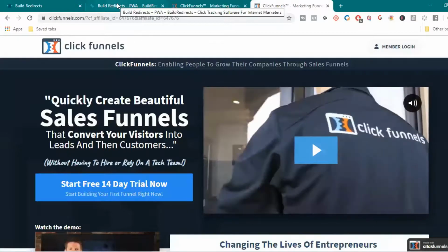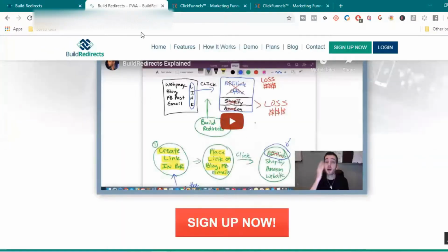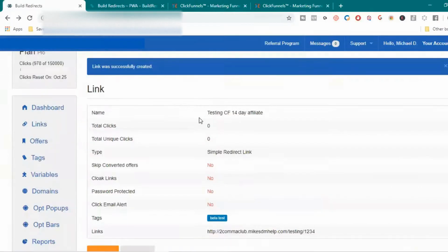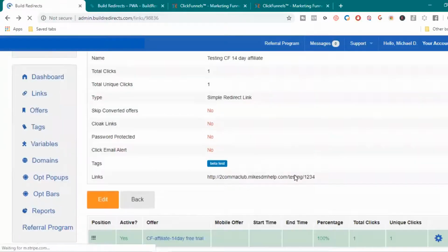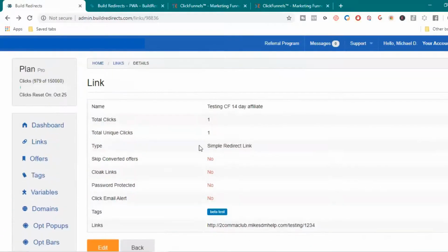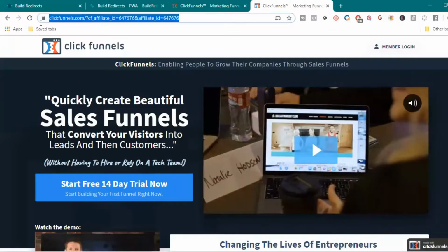So you guys need to check this out. They actually have an offer on it, and let me see, it also tracks your link. So it'll tell me how many times. Right here you see 0. So if I hit update, it's going to say 1 because I clicked it. And it also identifies the IP address of the user. They actually have total clicks and unique clicks. So if I plug it in again, which I am going to do,